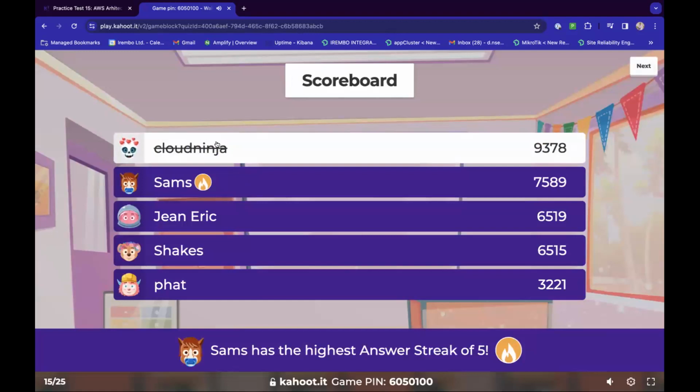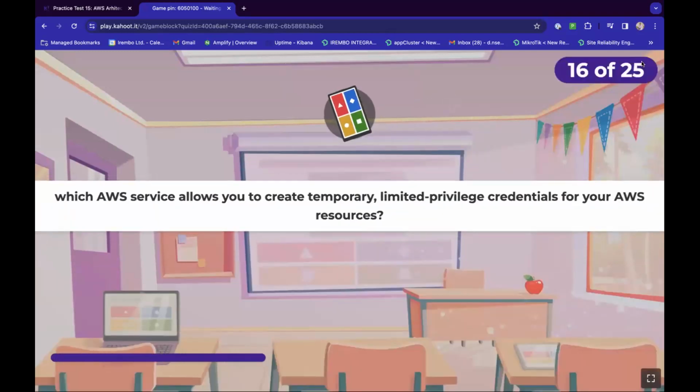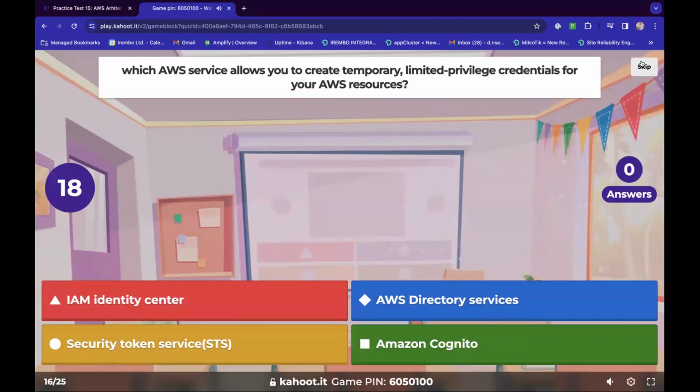So Cloud Ninja is on top, Sam, Eric, Shex, then Fat. Question number 16, which AWS service allows you to create temporary limited-privilege credentials for your AWS resources? Is it IAM Identity Center?